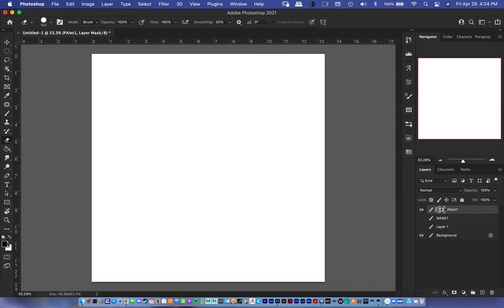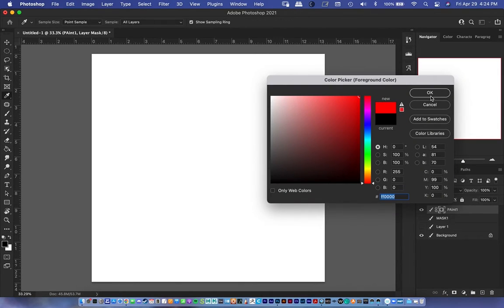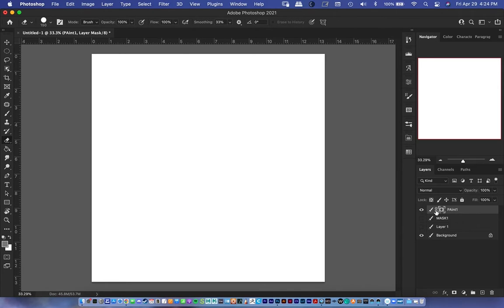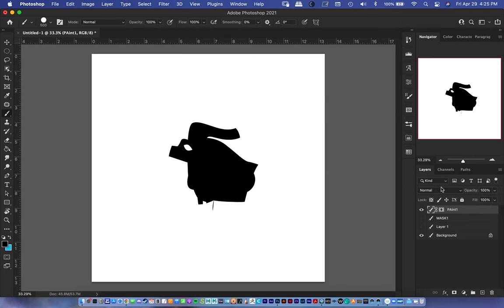And so now if I were to take a bright red brush, and click the bracket so that I'm now on the layer, and I were to paint over here, it doesn't do anything. I'm on the eraser tool, let's see here, press B. So if I were to paint over here, it wouldn't do anything. But if I paint in the area where the mask is,